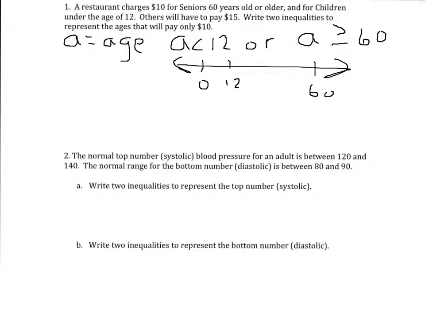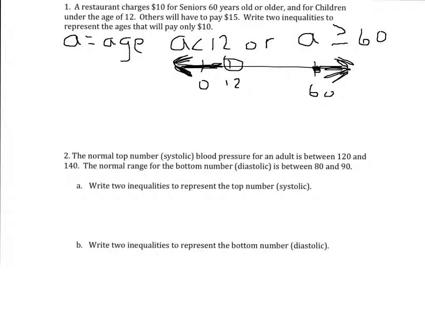up here on the number line, it would be an open circle at 12 shaded to the left, so anybody less than 12 years old but not equal to 12, and anyone equal to 60 or greater than 60 would pay only $10. Then it talks about blood pressure, the top number and the bottom number for blood pressure in